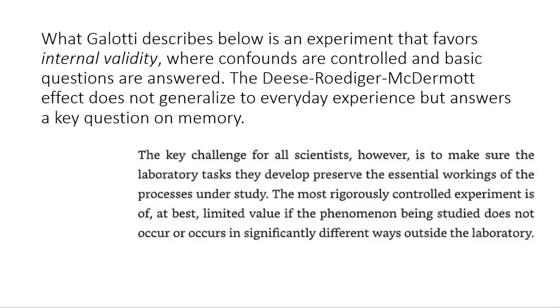But that is an experiment that doesn't favor the real world. We're not confronted with those things too often. But nonetheless, it's an important part of research to answer basic questions. You know, with respect, and here's the paragraph. The key challenge for scientists, however, is to make sure the lab tasks they develop preserve the workings of the processes under study. The most rigorously controlled experiment is at best limited value if the phenomenon being studied does not occur or occurs in different ways outside the lab. Well, maybe. I mean, but on the same time,